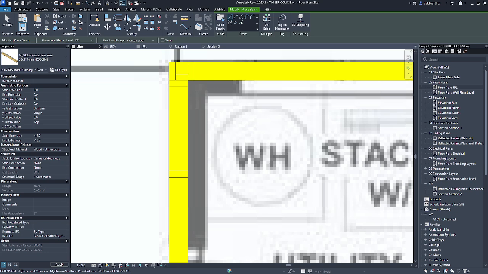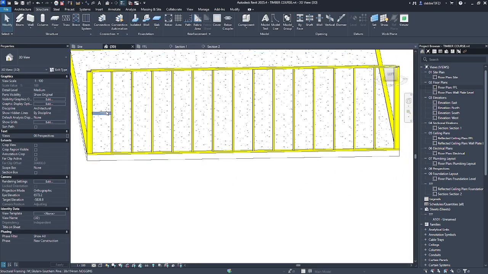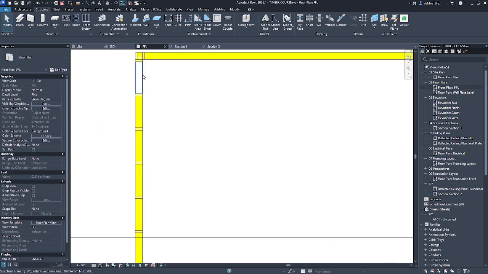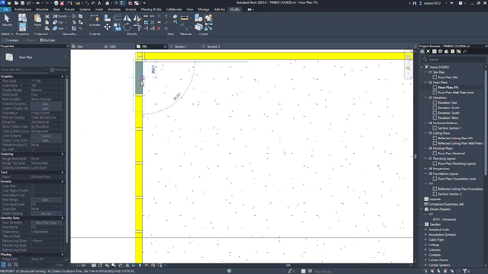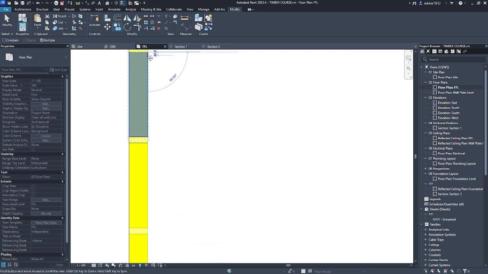Our wall is 2.4 meters high, so we need this placed in at 1.2 meters. Let's throw it in there. There is our little noggin. This time I'm going to copy this to every second space.